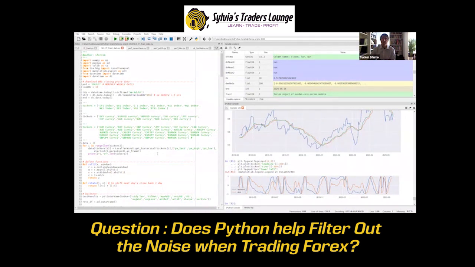Algorithmically, by regressing all the different features, it can tell you which of those features best describe the movement of a stock. And it's a machine learning concept called feature selection.